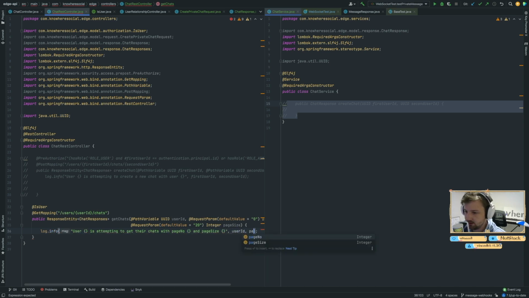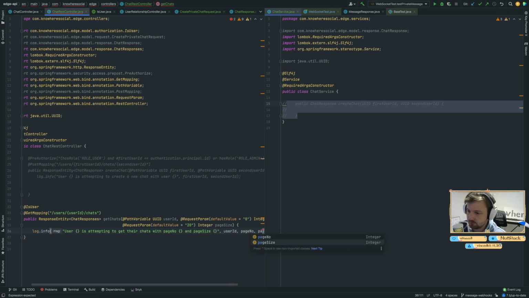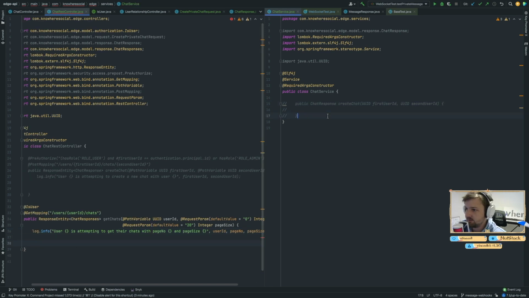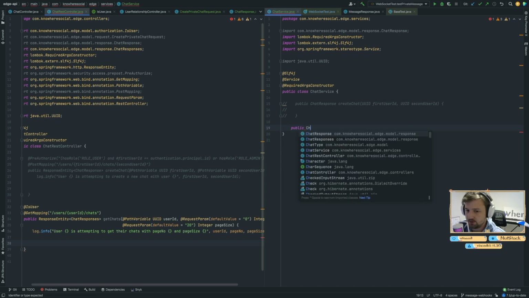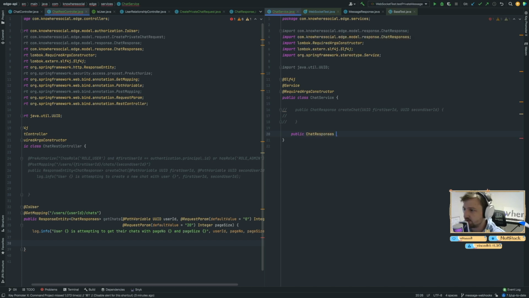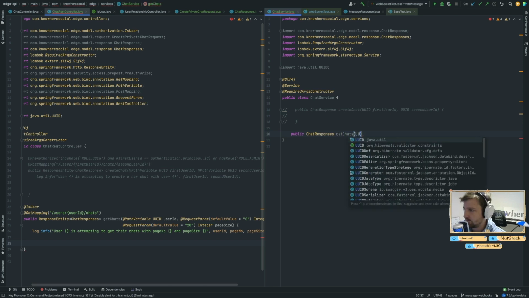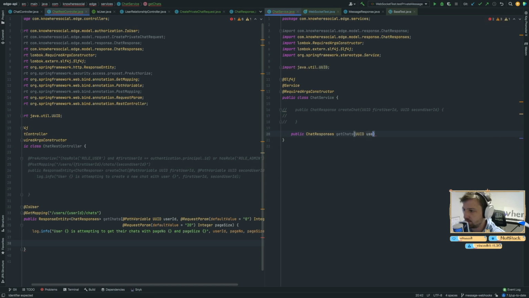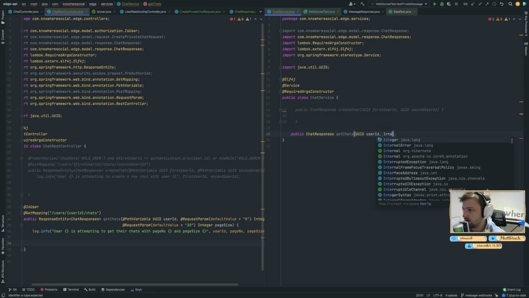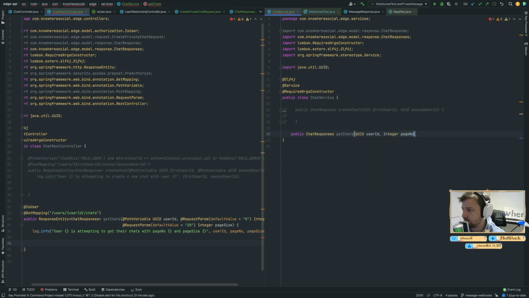This is a user ID and then page number, page size. Cool. And then the chat service, pretty straightforward. We just return each chat responses, get chats, user ID, integer page number, integer page size,